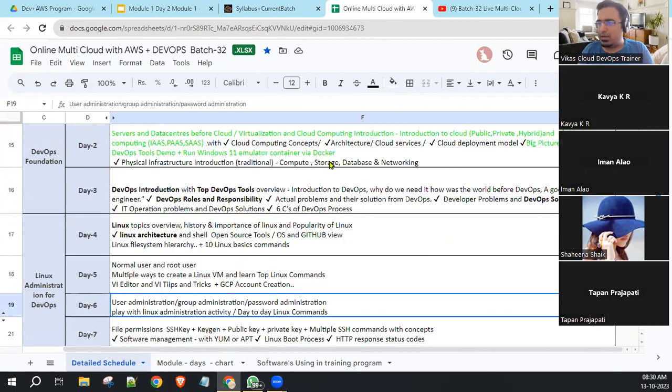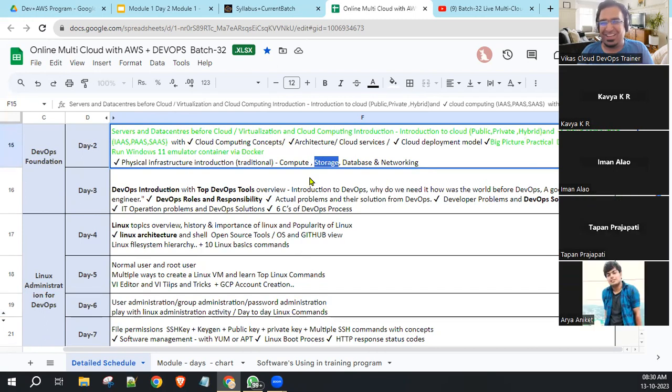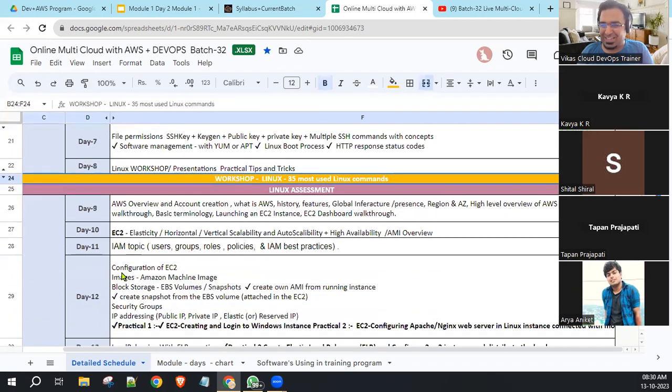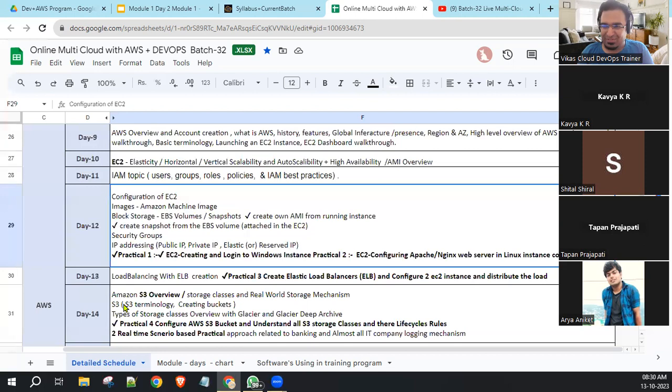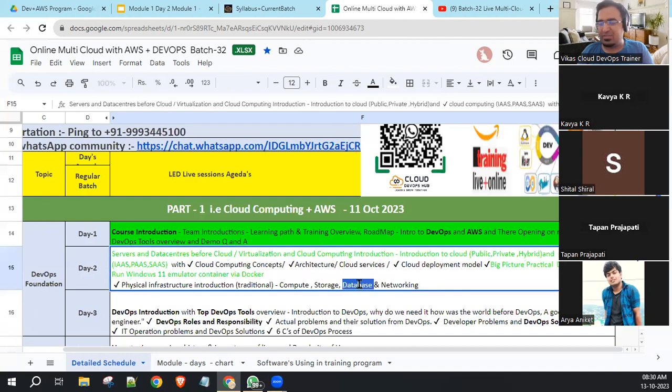What is the storage service in AWS? S3. We will learn S3 on Day 14 and Day 15. For database, what is the AWS database service?